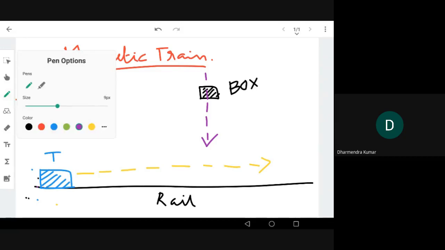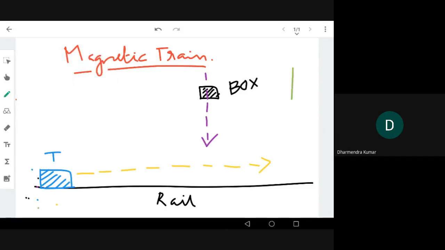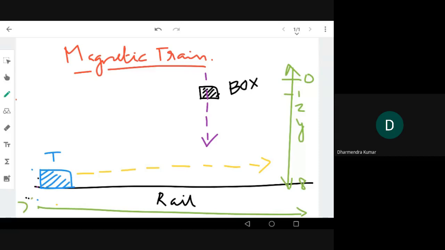So we can model this as a small engineering problem. This is a y-axis. You can see there's a y-axis. The y-axis will tell you how much distance this box has to travel, maybe starting from zero. It'll give 1, 2, 3, up to a maximum distance of 8 or something. So the y-axis tells you the present position of the box and how much it is traveling. Now what about the x-axis? The x-axis will tell you the current position of the magnetic train, how much it has to travel, and where it is reaching, etc. So the x-axis and y-axis are defined. Your problem statement is defined.